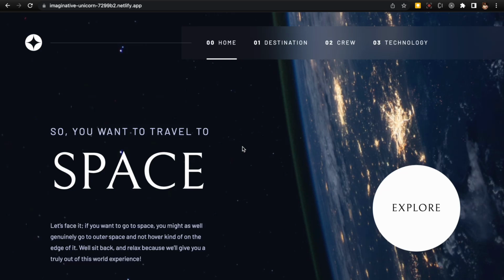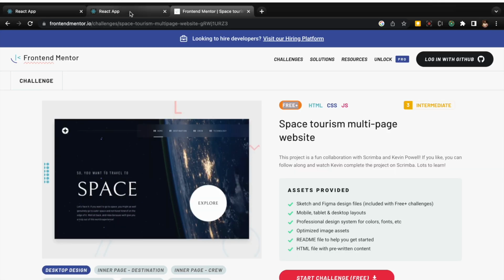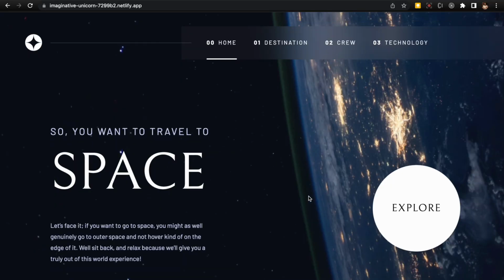Hi, this time I have worked on a Frontend Mentor challenge called Space Tourism. If you go to the Frontend Mentor website, it's an intermediate project and also a free plus project, and you can download the starter files, which provide the data that has to be used in the project. This is the final website after finishing, and it has a home page, and this explore button,